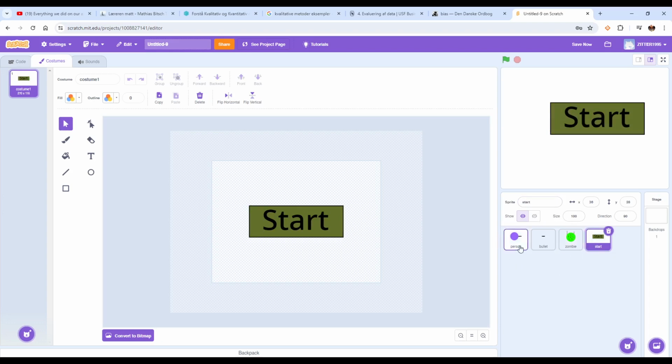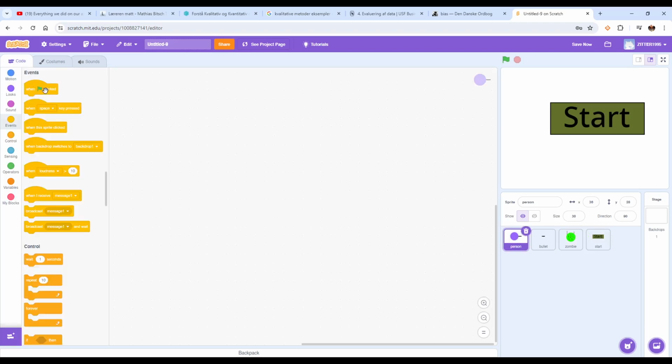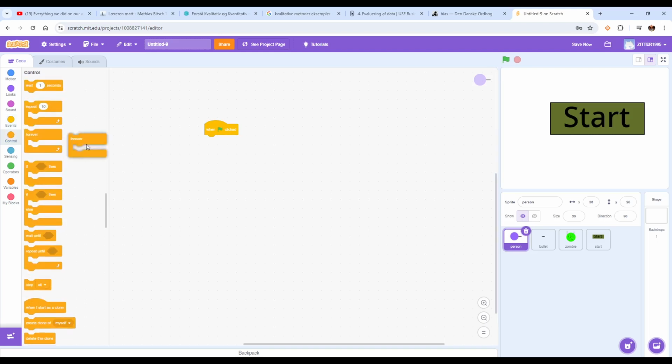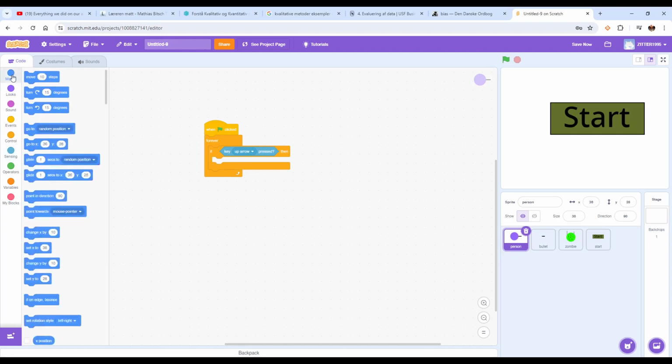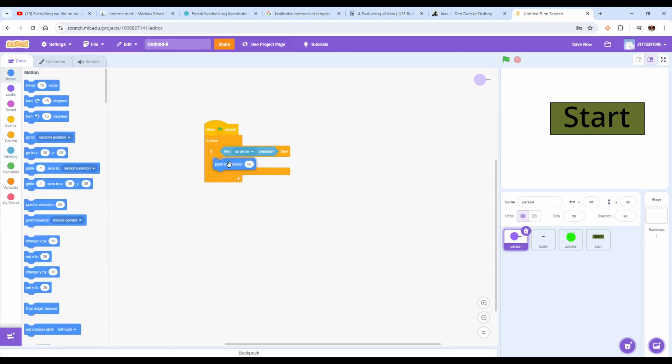So first of all, we're going to click on the person, go to code in the top left corner. Then we're going to take this when the flag is clicked. Then we're going to drag in control forever, and then an if statement here. We go into sensing, take touching, key pressed. So we check when up arrow is pressed. We want our person to move and point in a direction. So when our up arrow is pressed, we go into motion up here and go to point in direction. Click on the direction we want to point, upwards,